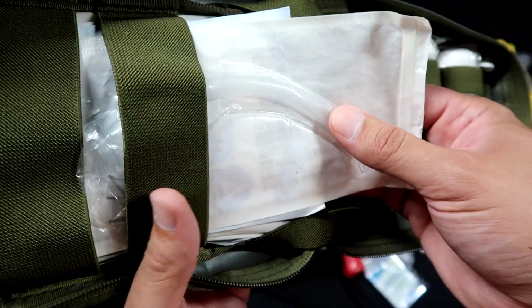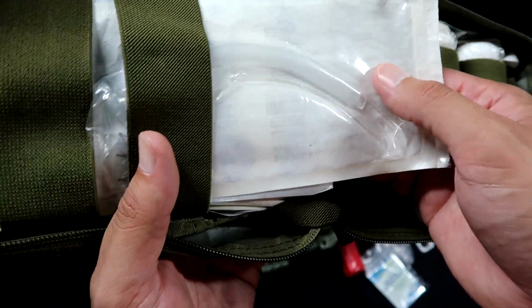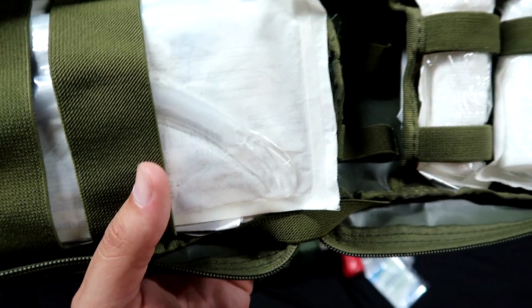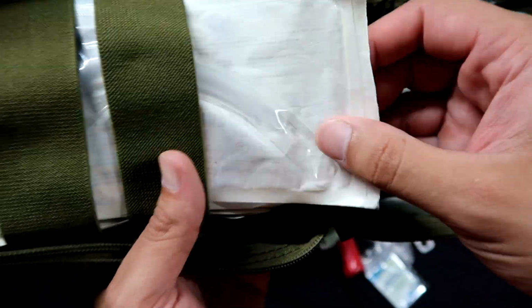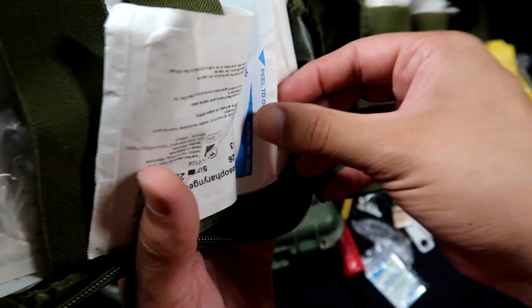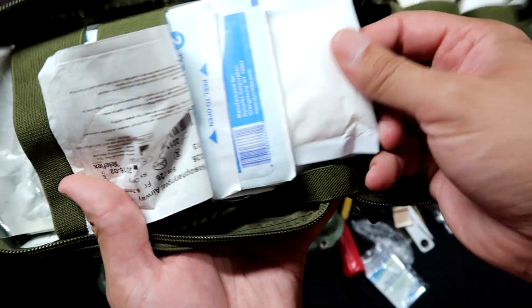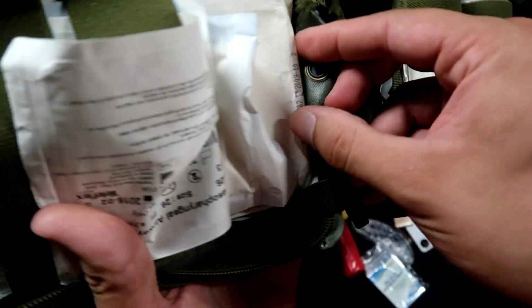Then I have what's called a nasal pharyngeal airway. Basically just a tube about 4 inches long that goes through your nose into the back of your throat and allows you to breathe if you have some kind of obstruction in your mouth, keeping you from breathing. Just some gauze, various sizes, a big, larger trauma pad,